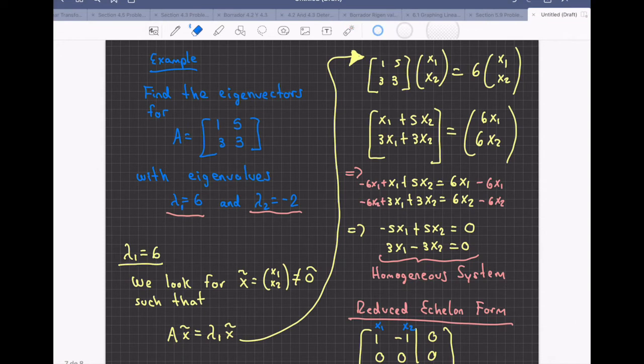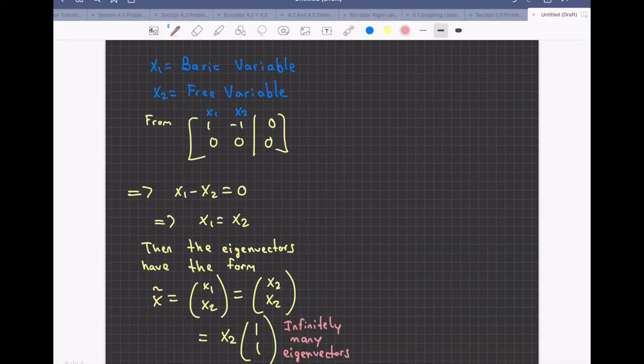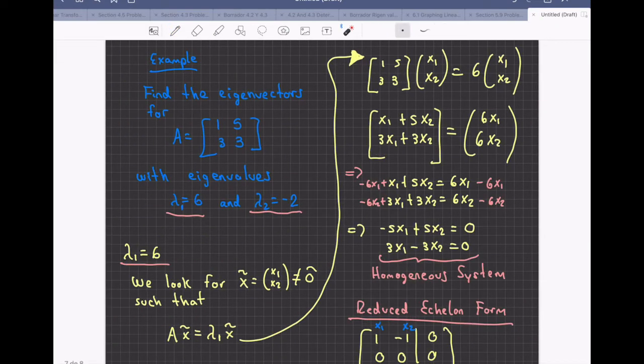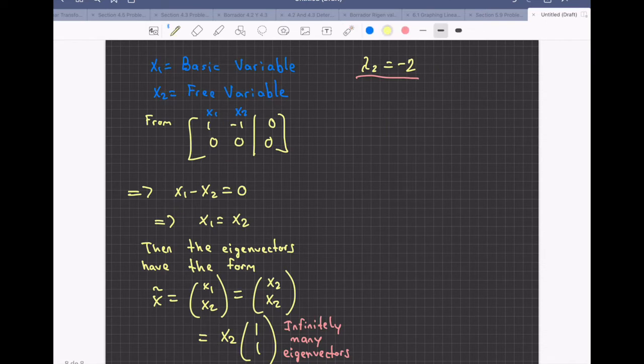So this is for lambda 1 equal to 6. We repeat the process, but now for lambda 2 equal to negative 2. The same as before, we look for a vector x that is not 0, different from the zero vector, such that